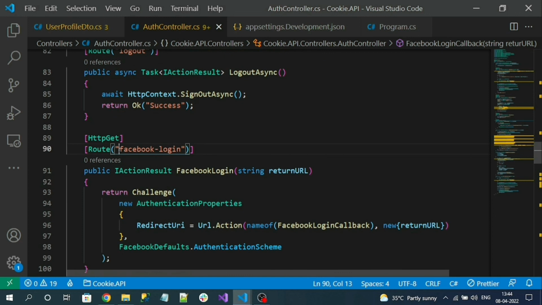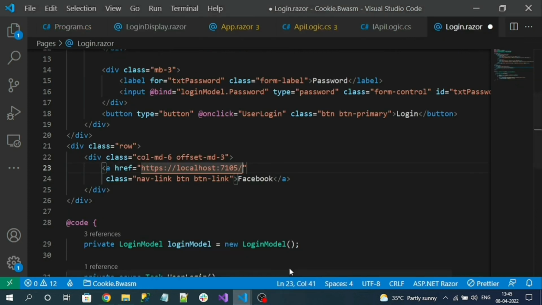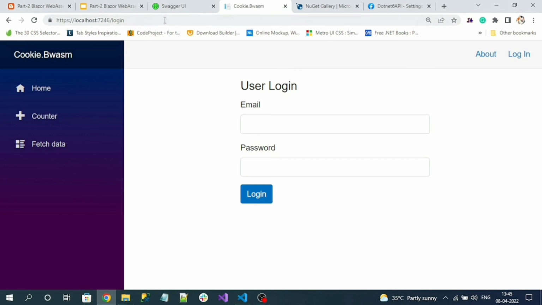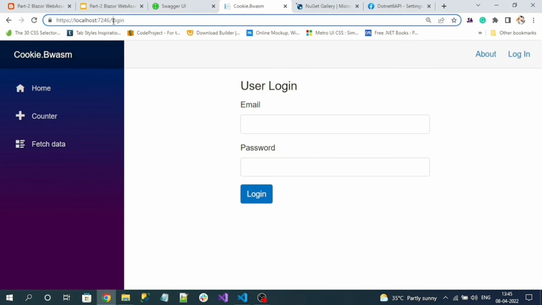Facebook login under the auth controller, right? So slash auth slash Facebook, and I have to pass return URL as a query parameter. So this is nothing but my Blazor WebAssembly URL, right? So the Blazor WebAssembly URL I can pass